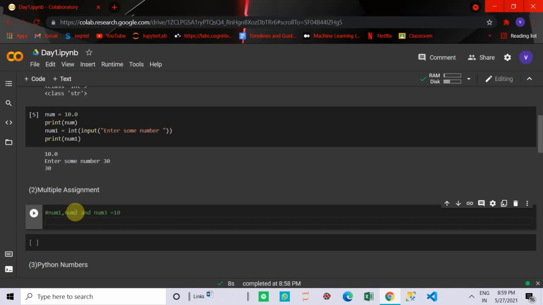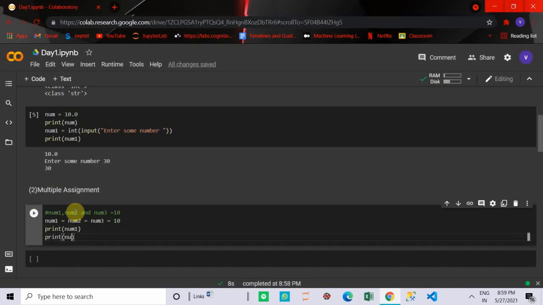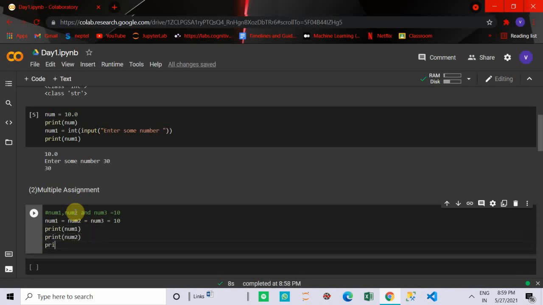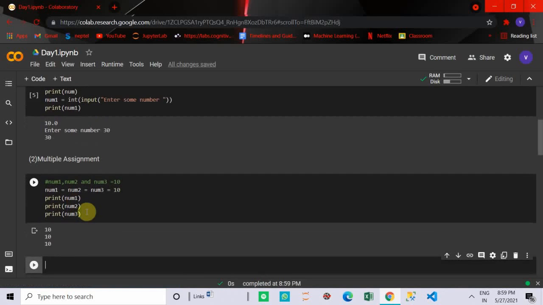The syntax will be num1 = num2 = num3 = 10. Now if we print num1, similarly num2, similarly num3, all will give me 10 as output.